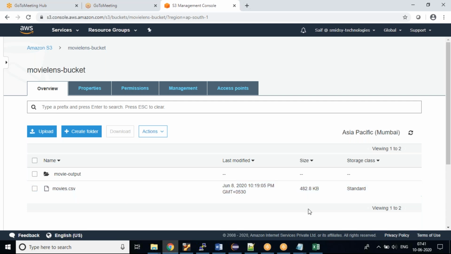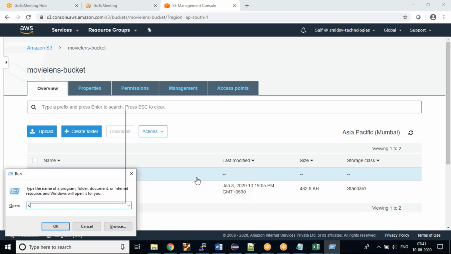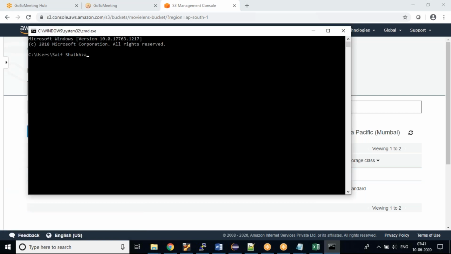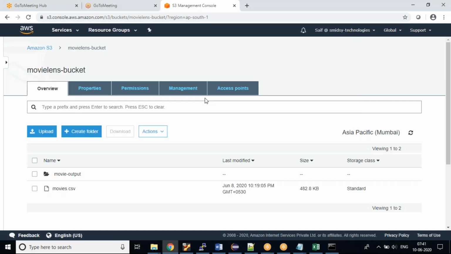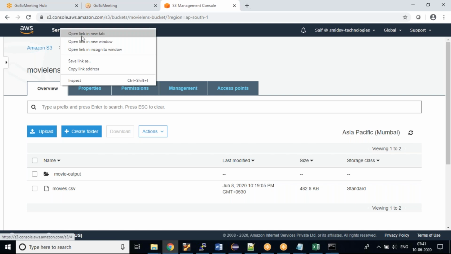This is already there. I have used the command prompt, and I've also used my AWS console to upload the file. We can use all the AWS APIs like S3. I'm not going into detail over here, so I'm moving a bit quickly. This will be shown in depth in coding when we are in training programs. So let me open the new things.